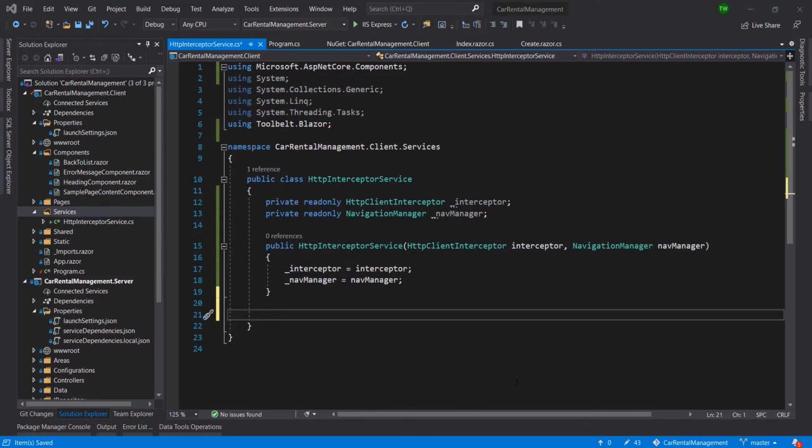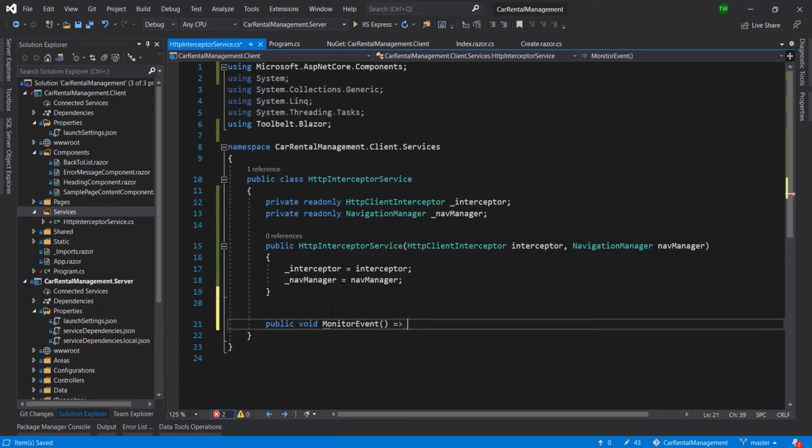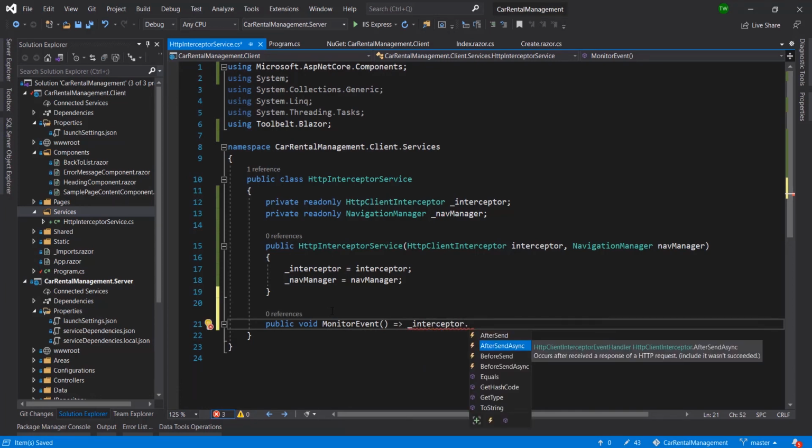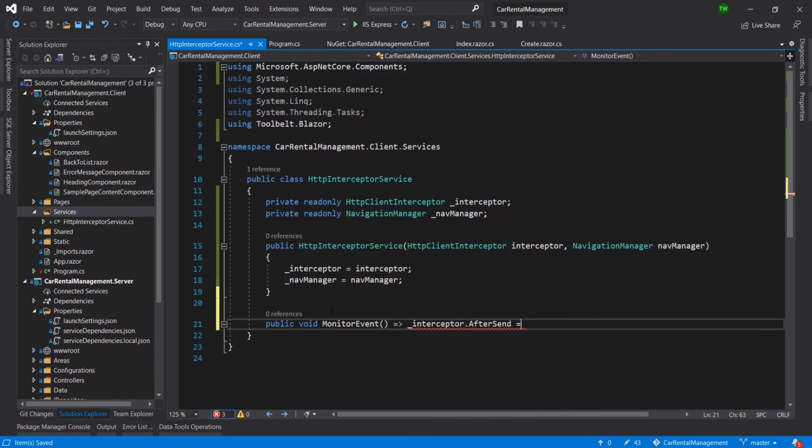The first thing that we're going to do is set up something like an event handler. When this is called, we want it to continuously make another call to something. So it's like an event, right? I'm going to say public void, let's say MonitorEvent. I'm going to do a one-line initialization and say interceptor dot, and you see here are our events that we can set up. I'm going to say AfterSend and then do it like an increment. AfterSend means that every time you're doing this, just make this function call. So I'm going to say